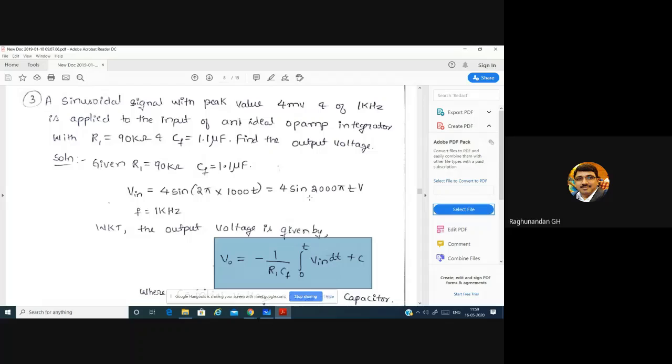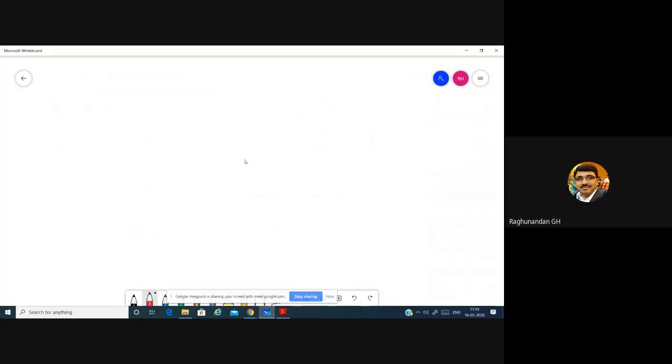All those things we are doing. In order to integrate, we have to integrate based on a particular trigonometric identity. We cannot apply integration on a constant. So first we have to take out our basic formula. What is the basic formula? Vi is equal to Vm sin omega t. This is sine because in the question they have told it is sine.